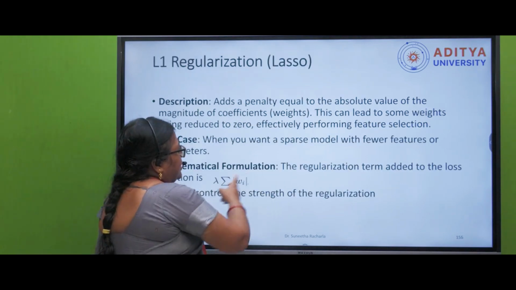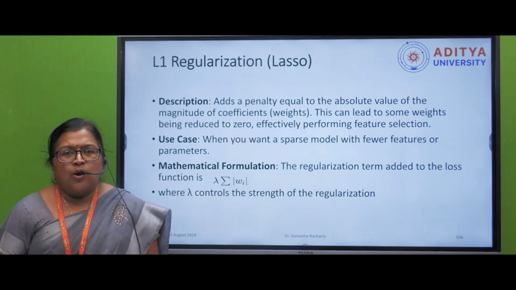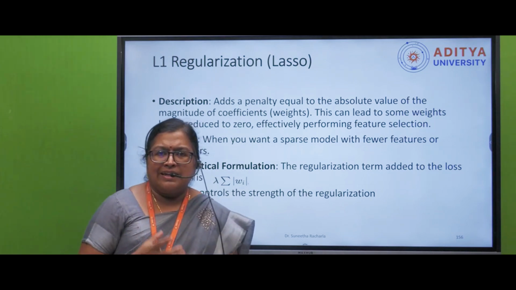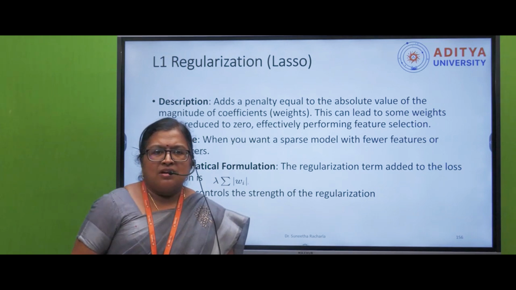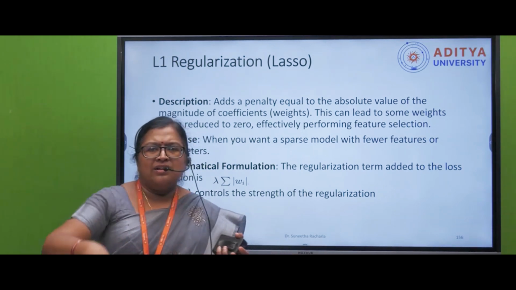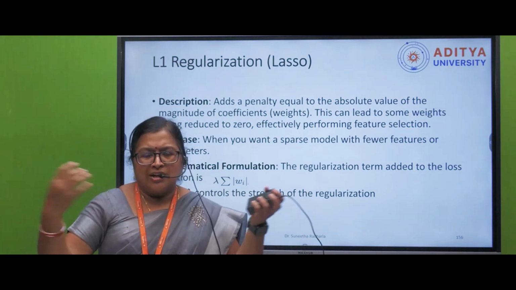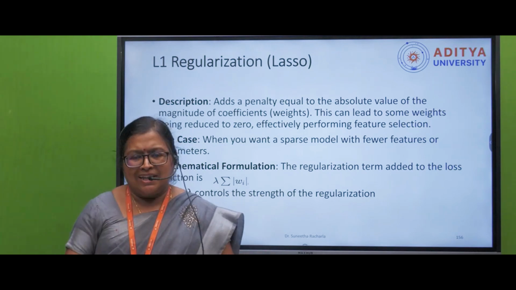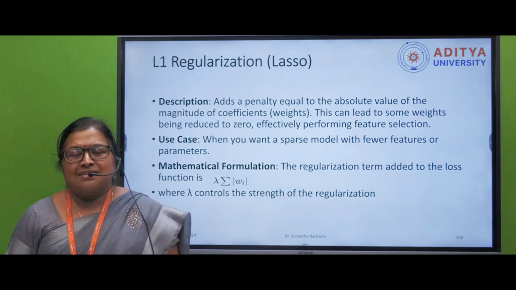Just think you are a basketball coach. Your final aim is to make your team focus on winning the cup. That's your focus, so it cannot be turned to some other areas. Some other factors should not influence your data set. Your data set is your basketball team. Just think that. That is what regularization will do.